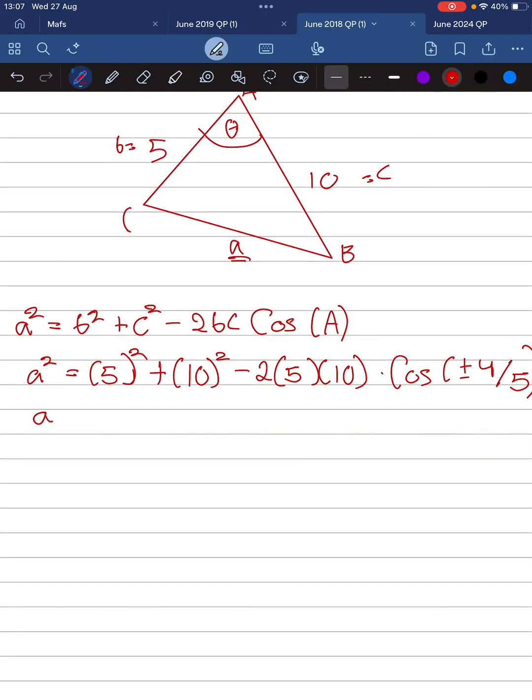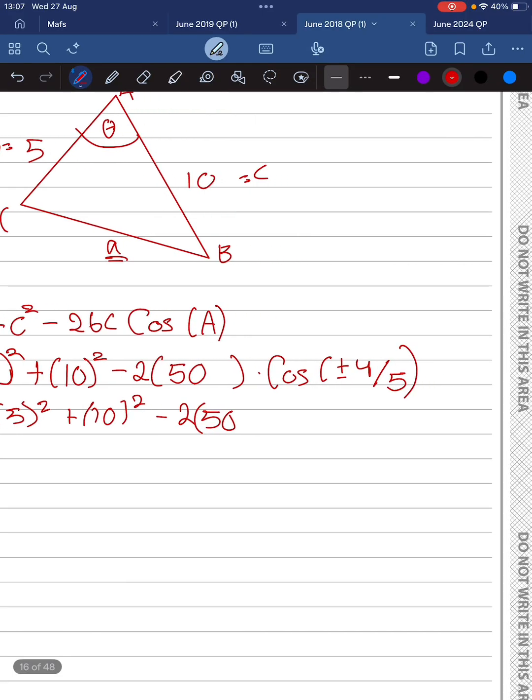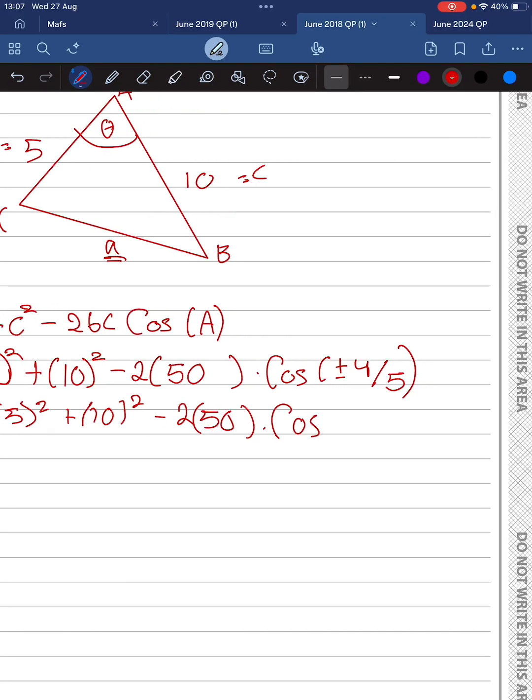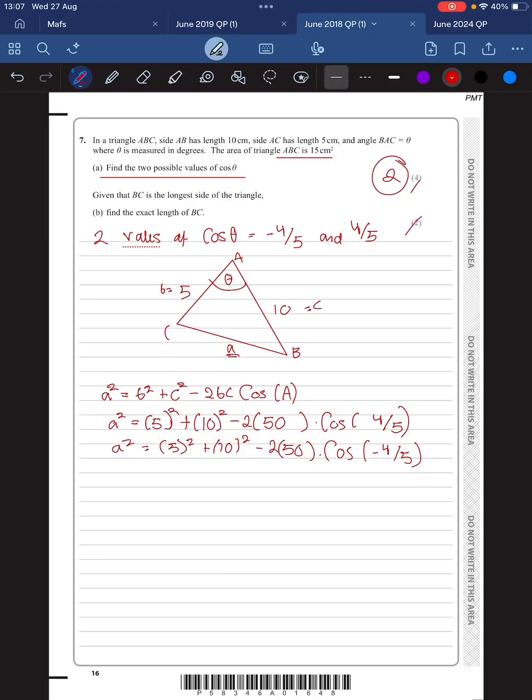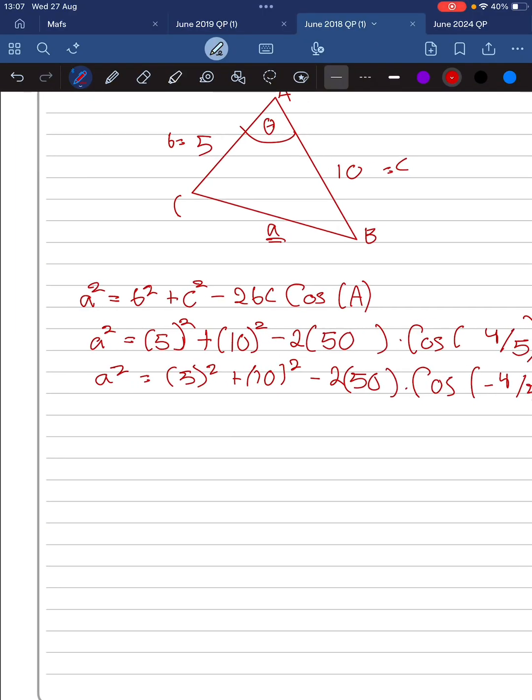So a squared equals 5 squared plus 10 squared minus 2. Just make it 50. Let's make this 50 as well. It's the same kind of value. Cosine. Let's make this minus 4/5. And let's make this positive 4/5. And now we just plug it all into the calculator, right? For the first one